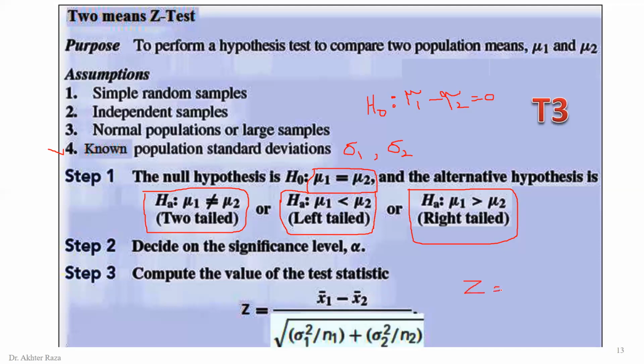It is equal to the variable minus the mean divided by the standard deviation. This is the Z distribution, the Z score. But here we are going to construct the Z score not for the variable X, but for the variable X bar 1 minus X bar 2. So actually this is X bar 1 minus X bar 2 in place of X.